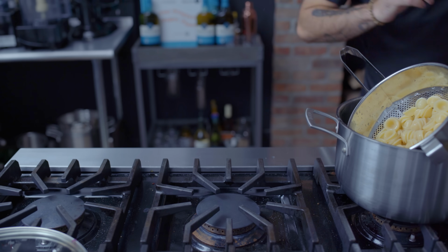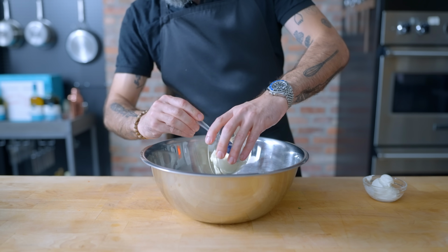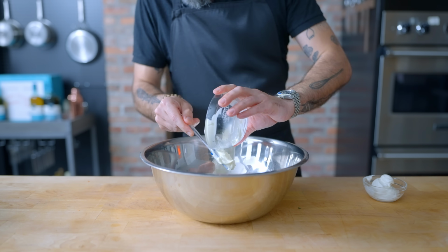You do not want hot pasta going into cold mayo. Alright, all of our mise is en place, which means we need to start assembling. For a pound of pasta, I've got 3/4 of a cup of our homemade mayonnaise, to which I'm going to